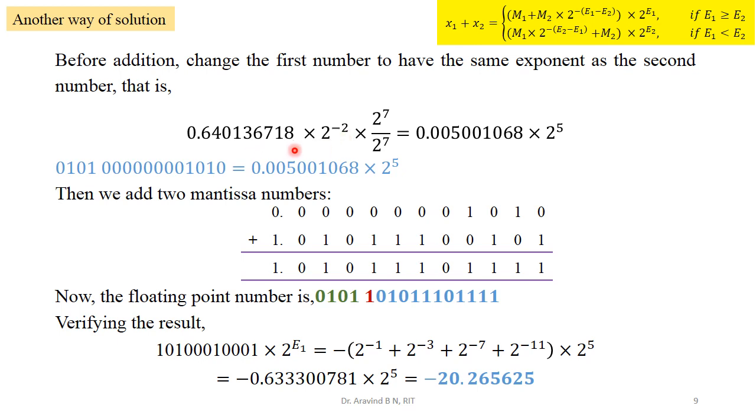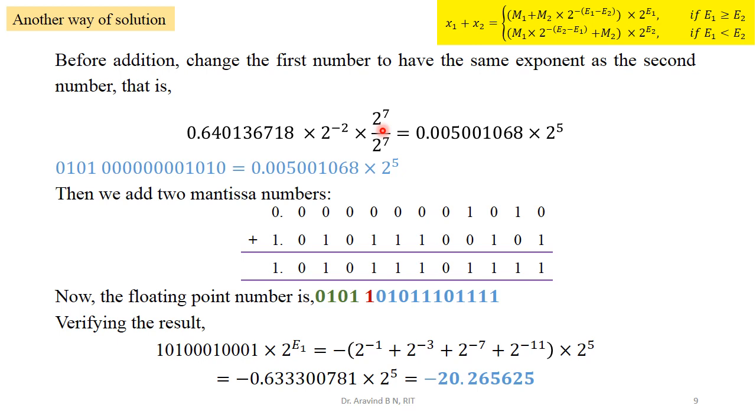Therefore here we have taken x2 and are trying to manipulate the exponential value so that after conversion the exponential value e1 becomes equal to e2. So what is the solution for that? How much do we want as an exponential value? Identify that. We want the exponential value to be equal to 5, and what we have is minus 2. How to convert this minus 2 to 5? The only simple procedure is multiplying this by 2 to the power of 7.